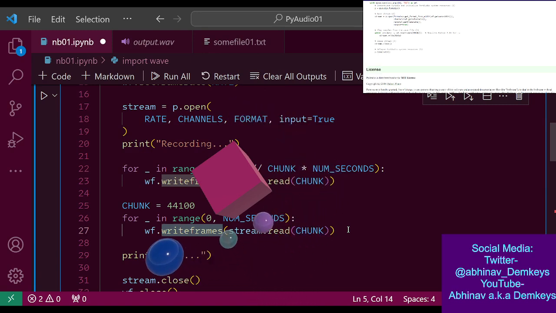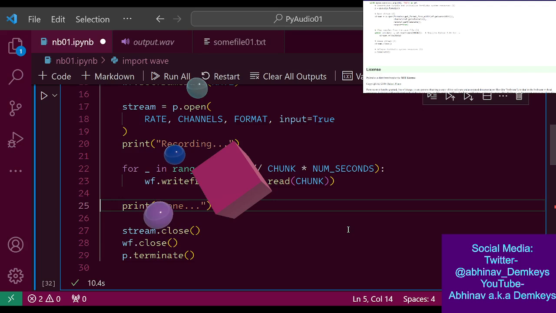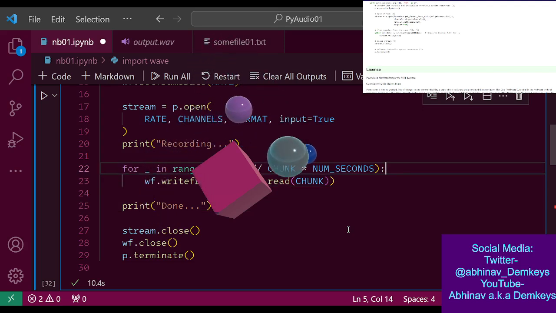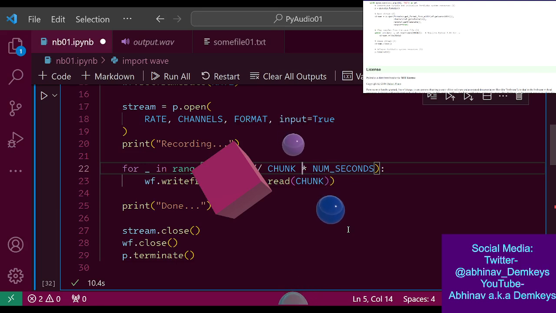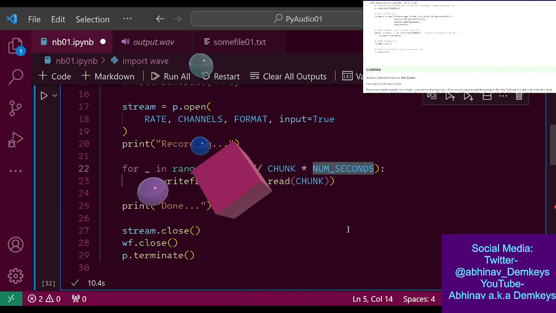This default algorithm that was given in the PyAudio documentation works perfectly fine because it takes the sample rate into account, the chunk size, and the length of the audio, like how many seconds you're trying to record for.